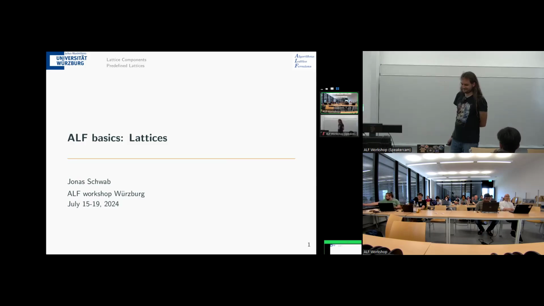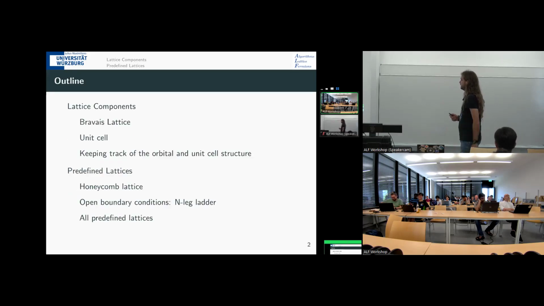So, okay, I'm continuing now with the lattices. It's basically one of the building blocks of Hamiltonians. As I said, the lattices and then also the hopping, the interaction, and the observables. Then we have all the building blocks to build our own Hamiltonians. And the lattices have basically